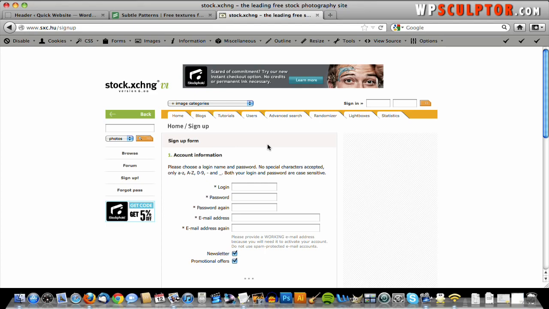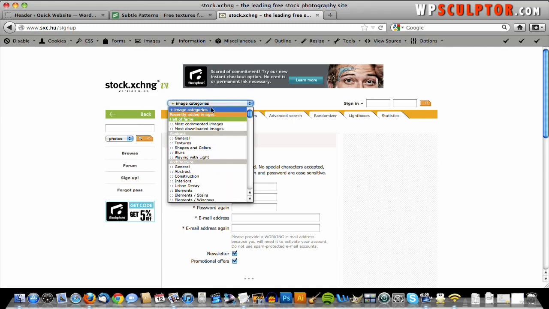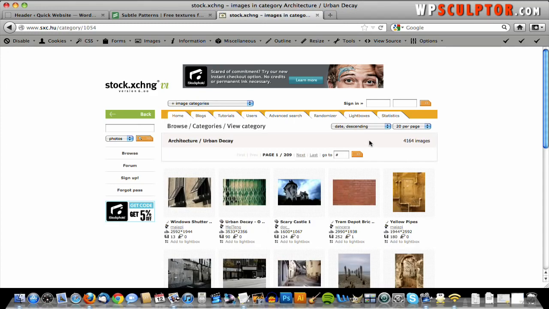And it's great because they allow you to use the images for free or for commercial and non-commercial projects. Some of them do require you to notify the author of the image, but a lot of them you don't even have to do that. You can just use them, and I'll show you what the terms of service actually are on each individual image here in a minute. But for the header image, we're going to use an image under the category Urban Decay,